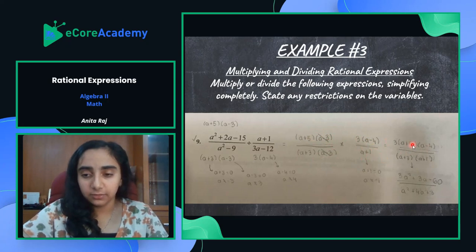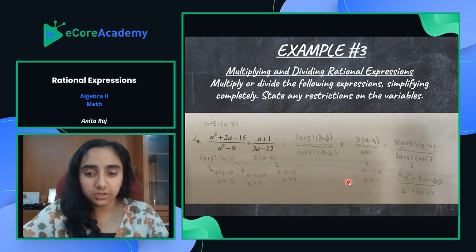So our final rational expression is going to be 3 times a minus 4 times this a plus 5 that was left out. And then the denominator will be a plus 3 times this a plus 1. And then if you multiply that all out, you get 3a squared plus 3a minus 60 over a squared plus 4a plus 3. What you also have to do is make sure that you state all the